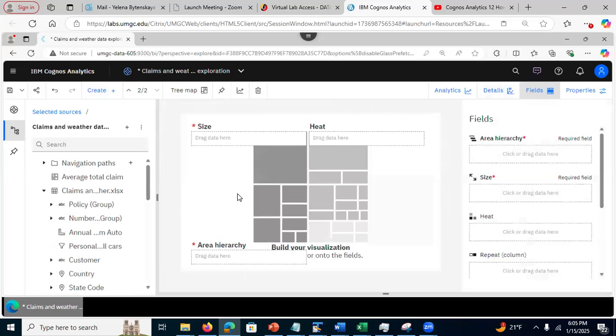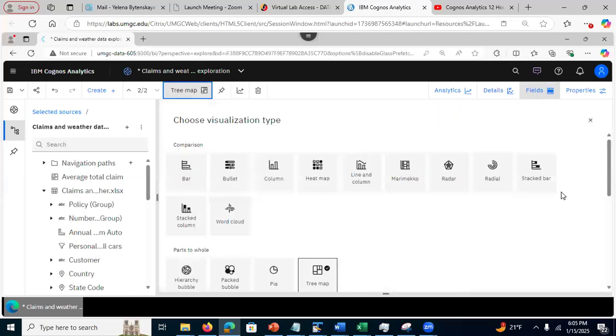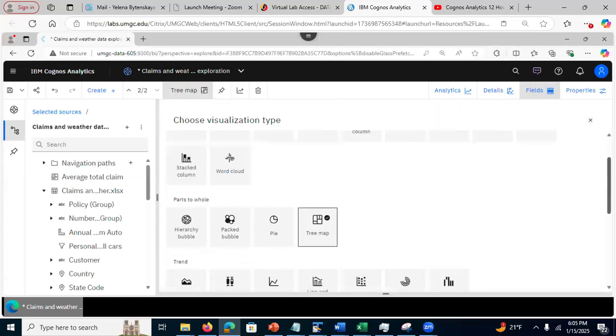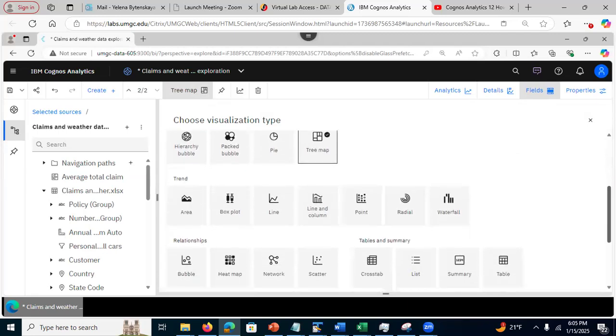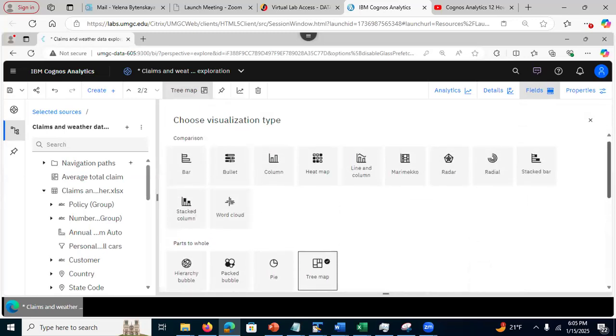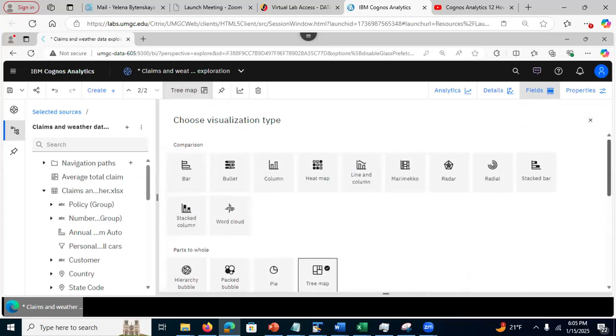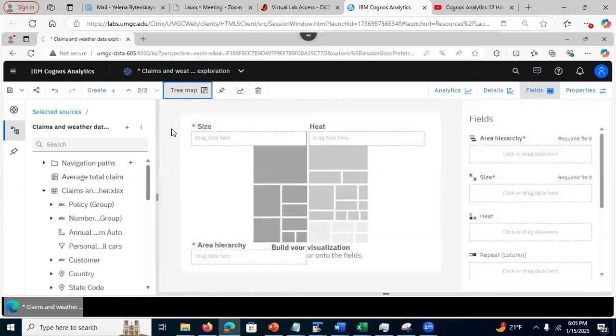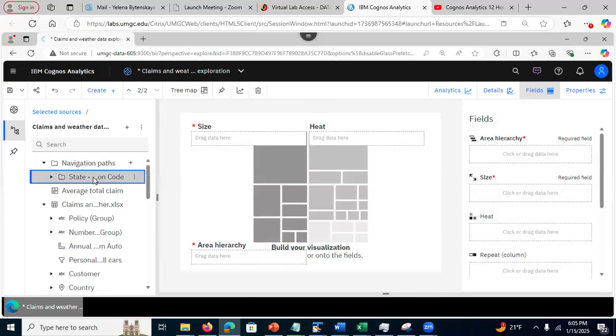If I don't like the tree map that I just selected, I can go here and I can always change the visualization type, right? But in my case, I want to see the percentages of people, right? So what I could do here, this is an area hierarchy. I can use my navigation path here, right? So I drag and drop state